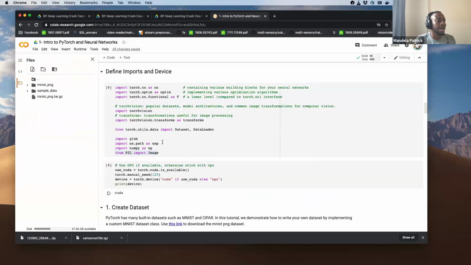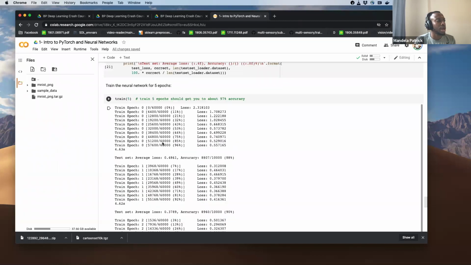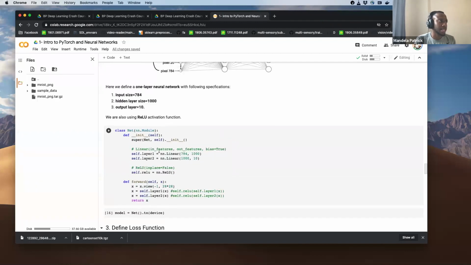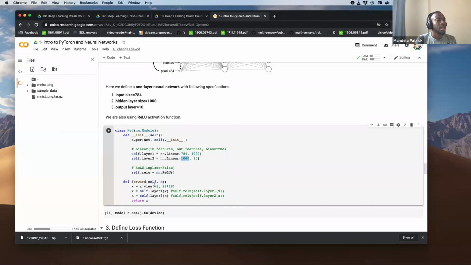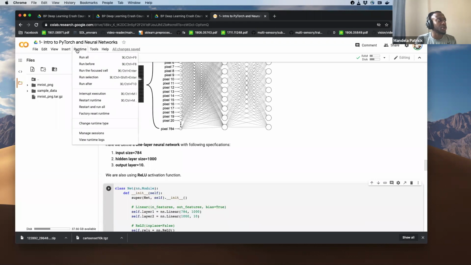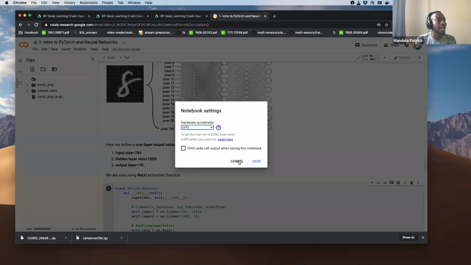I encourage people to try different settings, different activation functions, different hidden units, increasing the number of layers, seeing whether they can get an increase in accuracy, etc. It all works out of the box. Make sure you enable GPU.